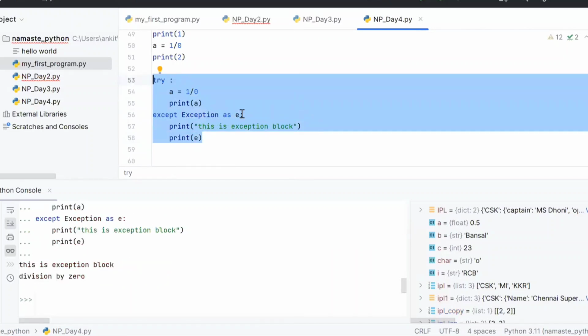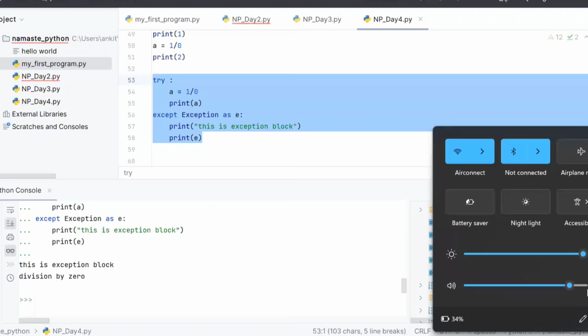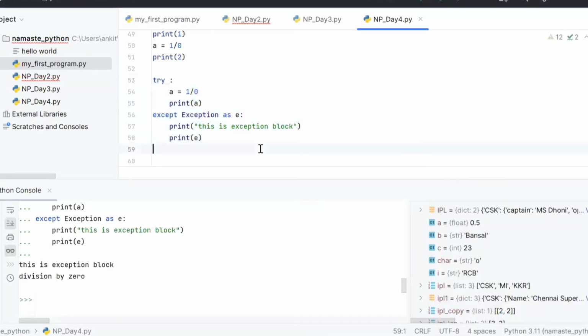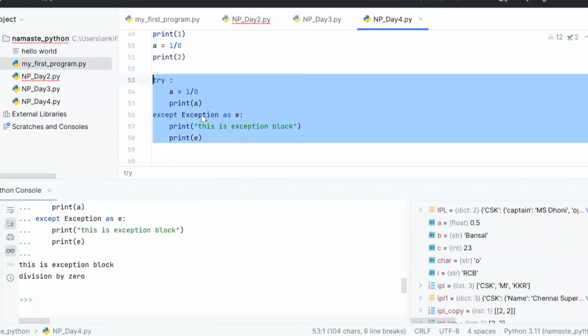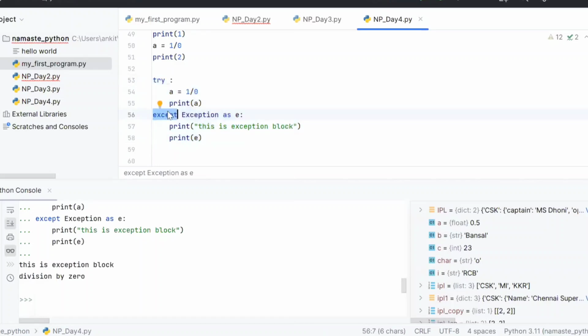Ankit, in real time, is it like we keep every program inside this try statement? Ideally, you should put everything in the try and except so that you are able to handle all the exceptions. Because many times, let's say there is an error, based on that you want to notify something. You can send an email in the except block that this problem is there, so that the person will be notified. So ideally, you should always write all your code using try and except.